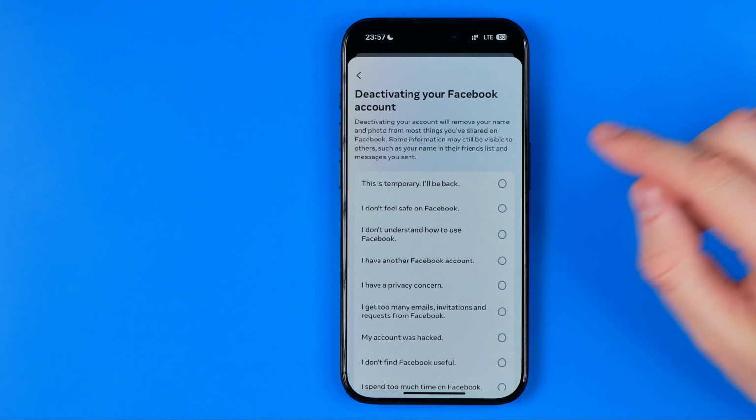In this video, I'm going to show you how you can easily temporarily deactivate your Facebook account. Be sure to watch the video to the very end so you don't make any mistakes. Let's get started, guys, and first off we need to open up the Facebook app, and once the app is opened,